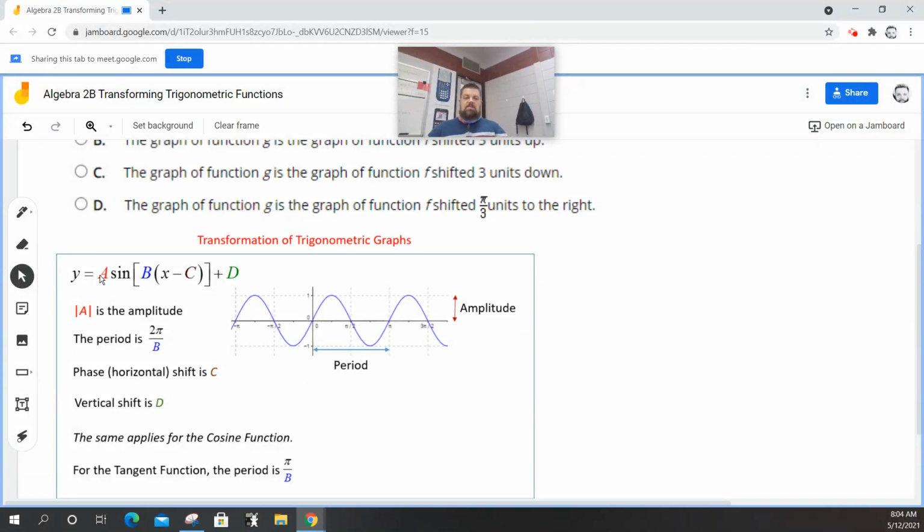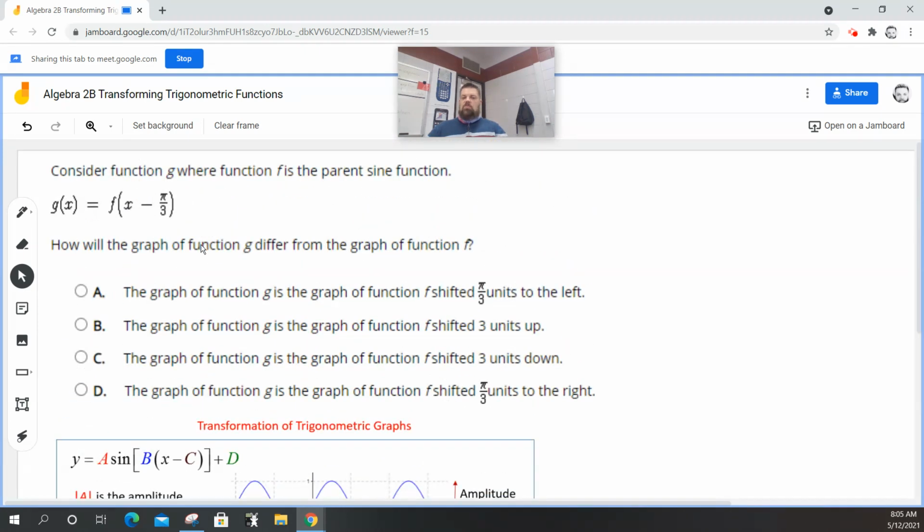A is the amplitude, B is the period, C is the horizontal shift, and D is the vertical shift. And the period is 2 pi over B. So what it looks like they have here is C equals pi over 3. Well, that's the horizontal shift. And since it's positive, it's going to be pi